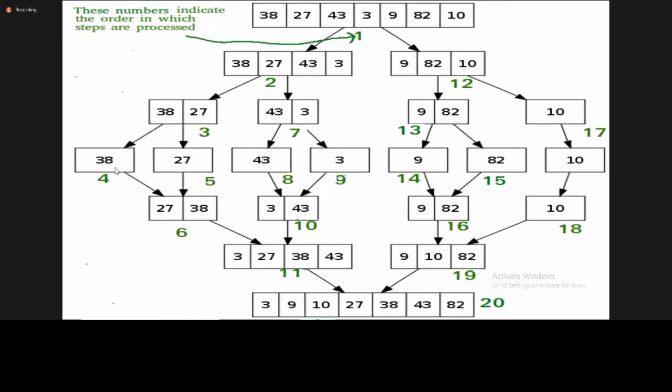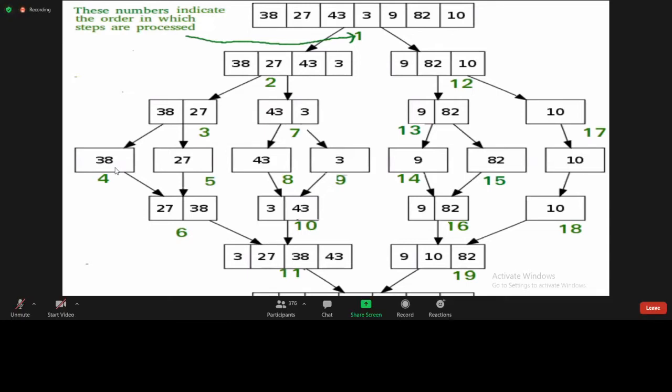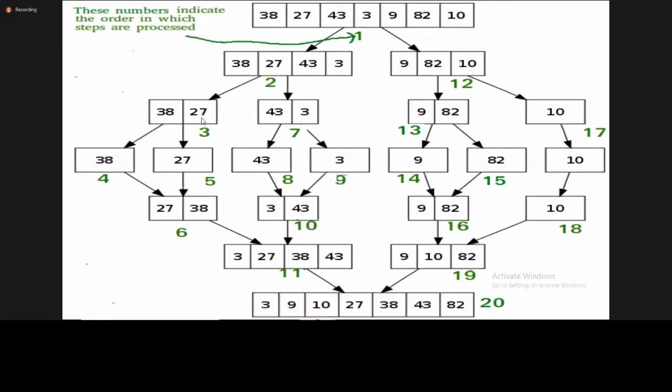In this case the L value is 0, and the right value is also 0, the lowest index value and highest index value are both zeros. So the division stops here. Next one, what is the second part? 0 plus 1 means 1 to last. That is the only 27. Here also the lower index and higher index are the same, so stop here. Next, after this, the combine and conquer process starts.